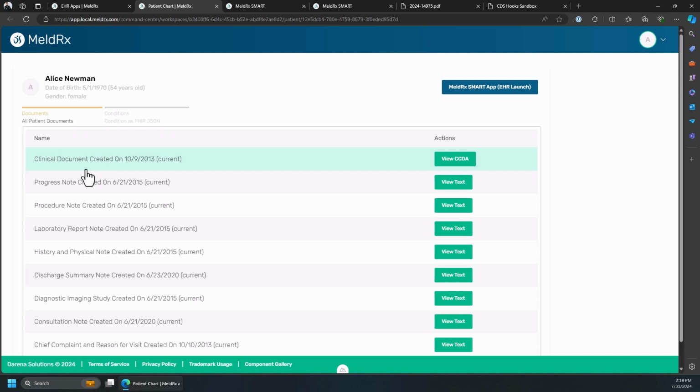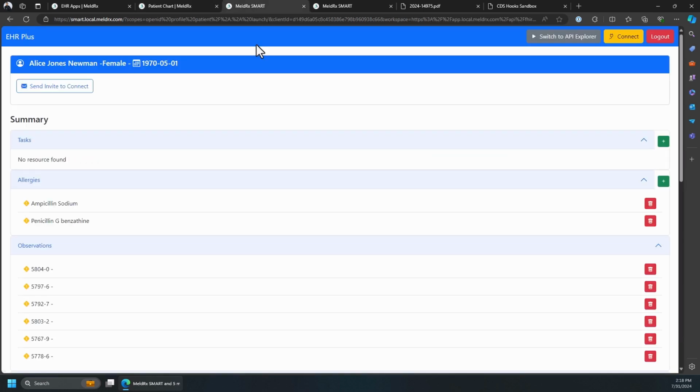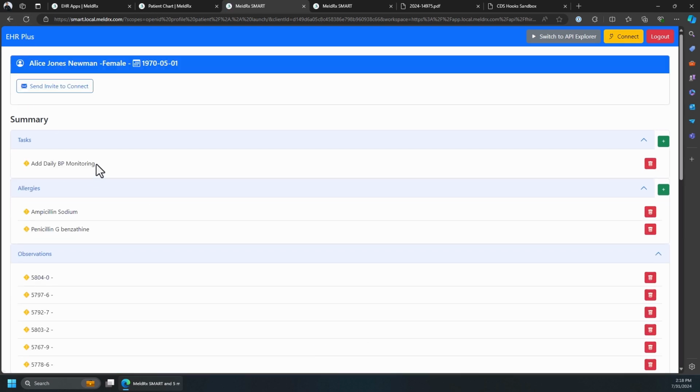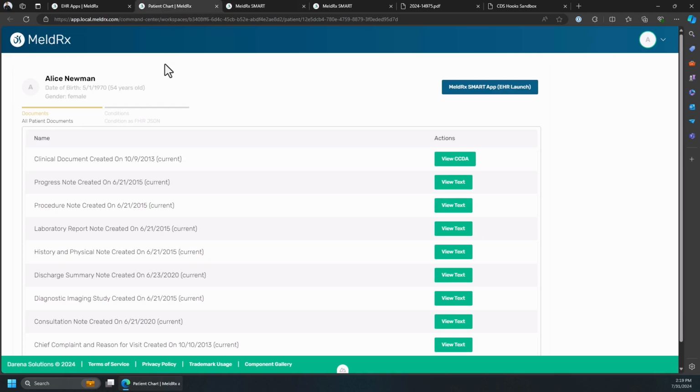It not just does that, it actually refreshes the patient chart. And now that it realizes there are no alerts, it removes it. But if I go back to that other app and refresh it, you will see that it has actually added a task. Behind the scenes, it's actually added this task as a FHIR resource. And now this task is available in that patient chart. So that is a very simple scenario of how CDS hooks can be built right into the clinician workflow to help